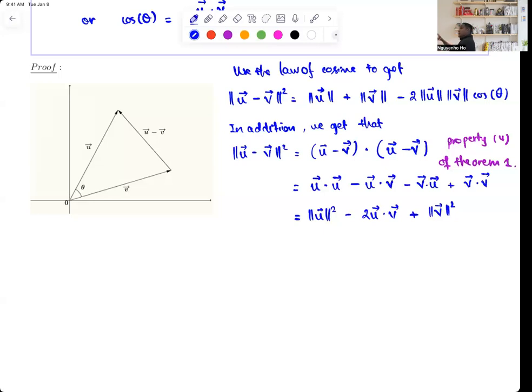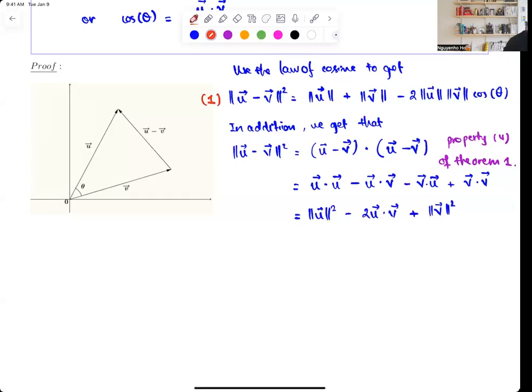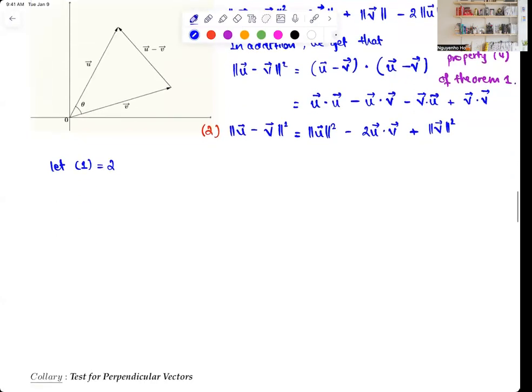So using the law of cosines, I form one equation. I call this equation 1. And using all the properties of the dot products, I form another equation, the magnitude of u minus v squared, and I call this equation 2. And I'm going to let 1 equal to 2. We obtain